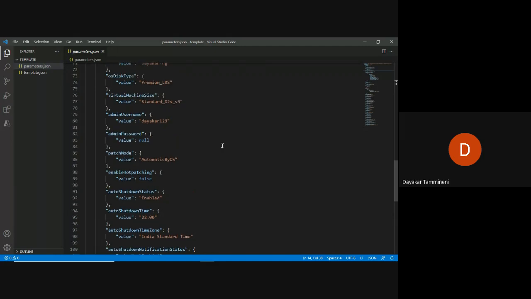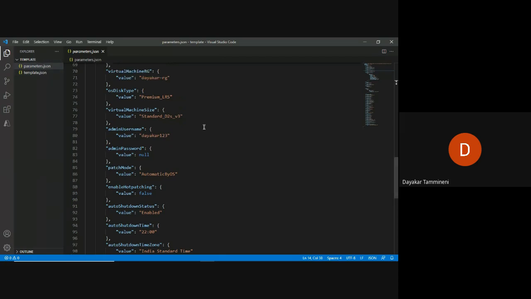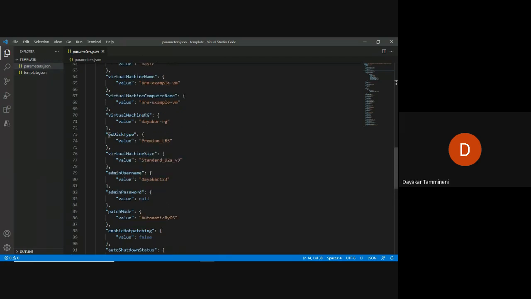In the parameters.json, now you can see OS disk type. What is the OS disk type? Premium LRS. That is, it is going to use the premium SSD. However, we have seen that using the premium SSD costs more.